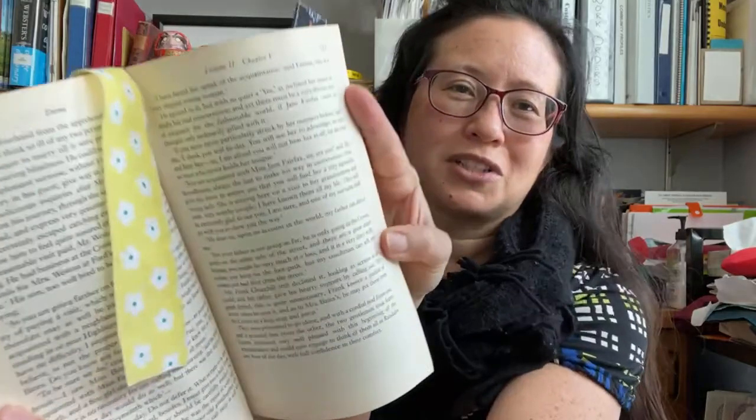We read chapters 3 through 5. Sorry, my edition that I'm reading has that weird pagination where it just says Volume 2, Chapter 5, which in a normal world would be Chapter 23. So it's a little maddening as I try to go back and forth between my cheat sheet and the actual book I'm looking at. But Chapter 3 of Volume 2, which would also be known as